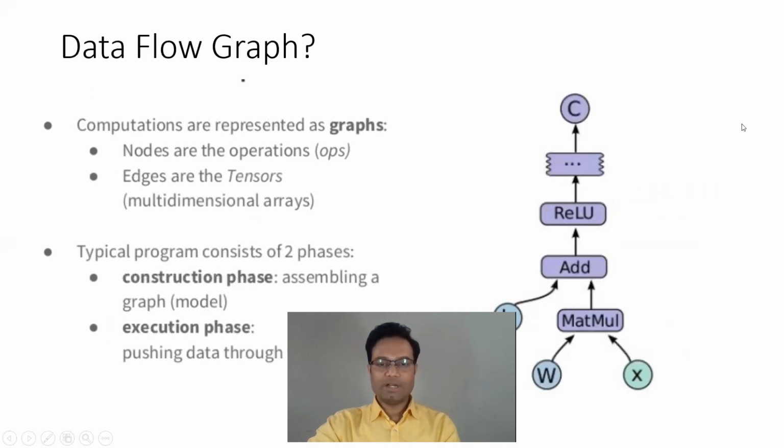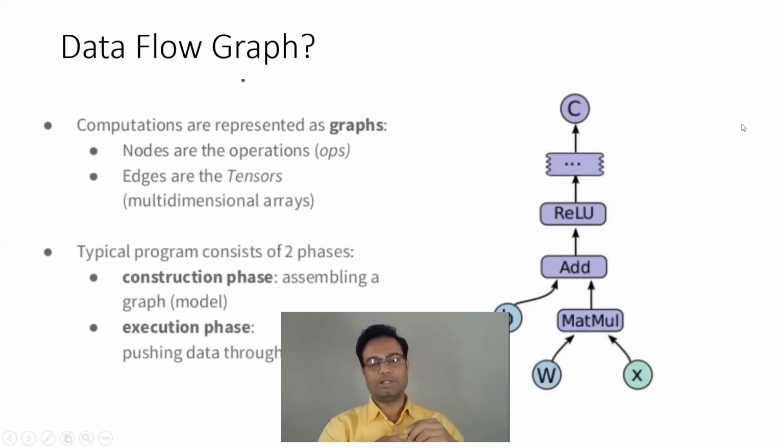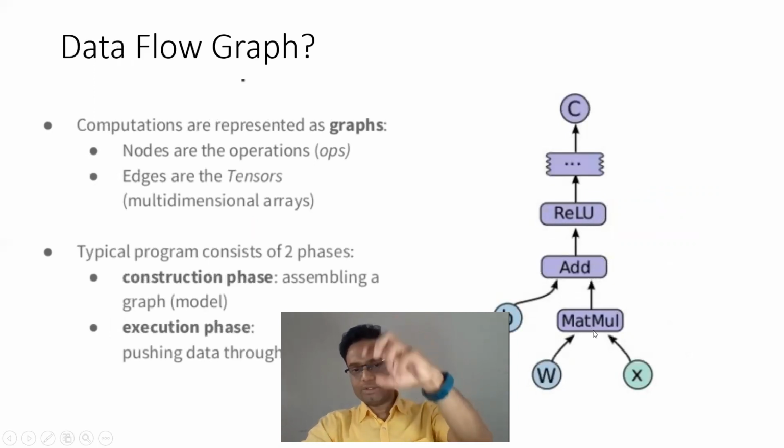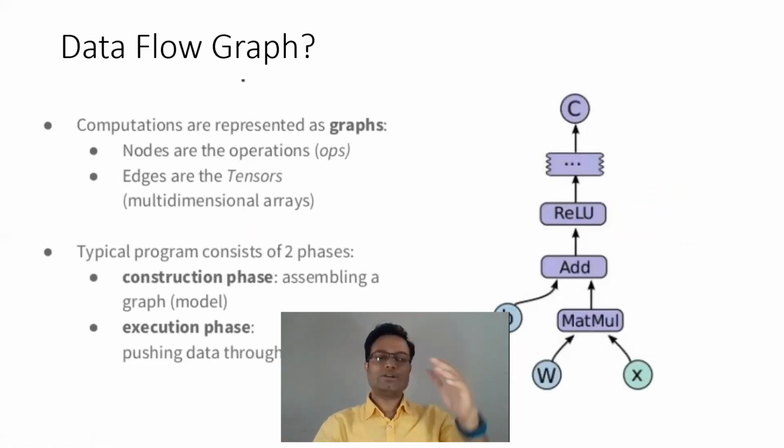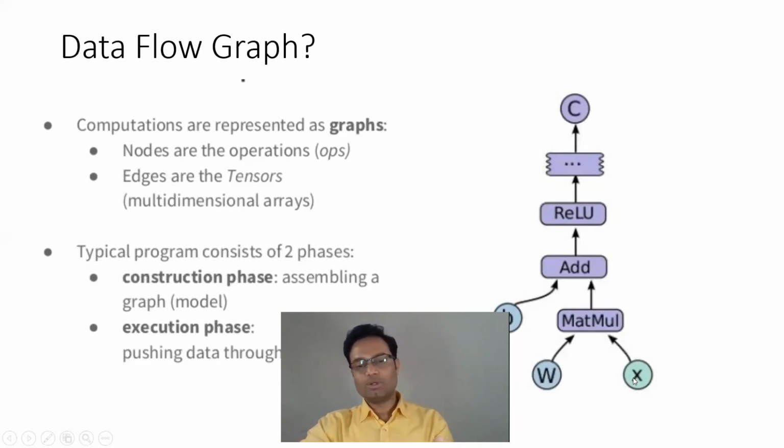Having said that, we have to create a graph that should be executed inside the session of TensorFlow. So this is the graph. For example, here you can see we are passing two data, and they are going to be added and multiplied, and on that multiplication result, another number we are going to add. So you have to create one graph. Once you create the graph, you have to put it into the session, and this is lazy loading. So the moment you add W and X, it is not going to execute until you give the complete graph inside the session. So how it works actually is the